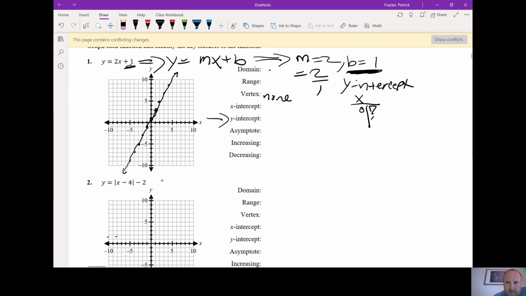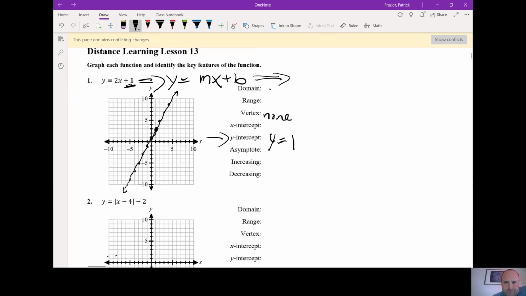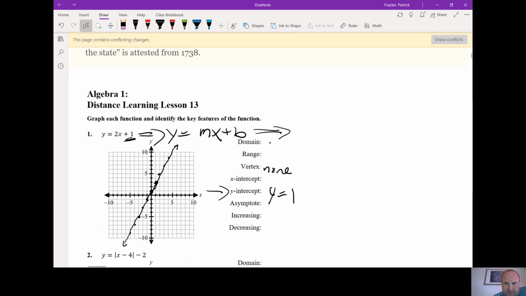And then erase all this. We know, as we established, the y-intercept is where y equals 1. There's no vertex because it's a straight line. And then for the domain, by the way,